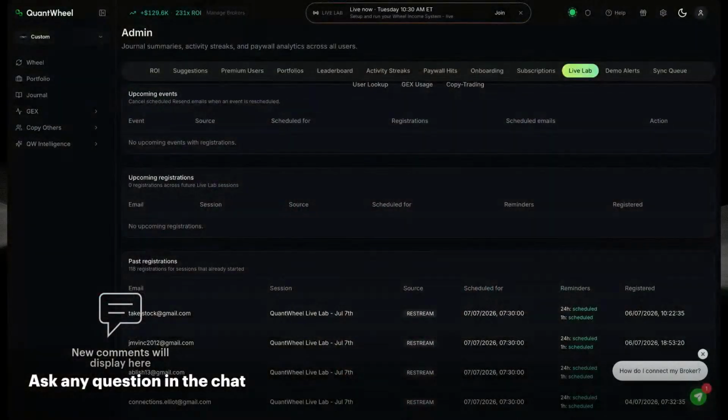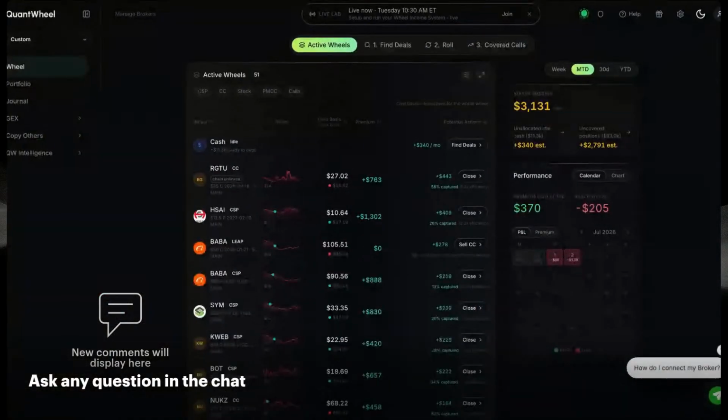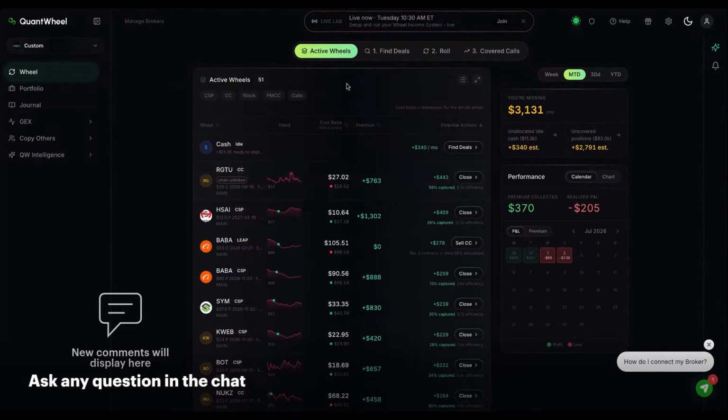Okay, what else is new in QuantWheel? If you haven't seen so far, let me share the QuantWheel screen. All right, stop sharing this one. We should share this screen right here. These are my positions, and